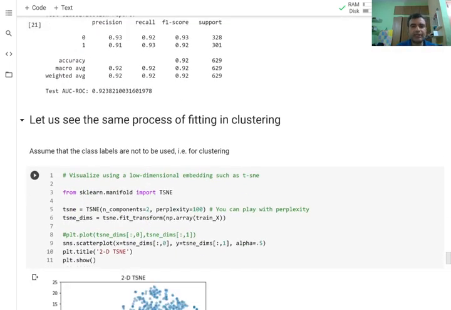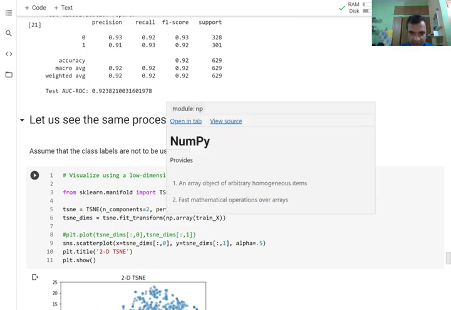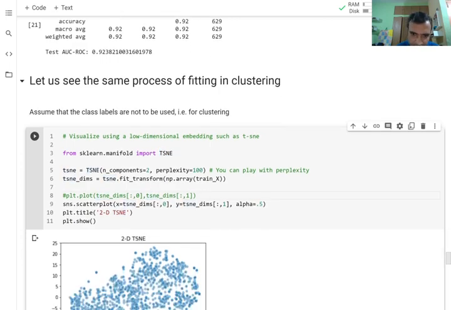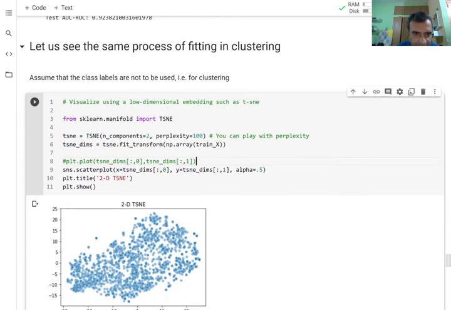Okay. Now let's say your classification variable, the class variable, was not given and you were doing clustering. How can you even visualize 25 dimensions in clustering? You cannot. So there is a very handy tool called tsne. tsne uses a nonlinear transformation to bring the data to a lower dimension for visualization and for other analytical purposes. And something to change in this tsne is something called perplexity. You will see different graphs for that.